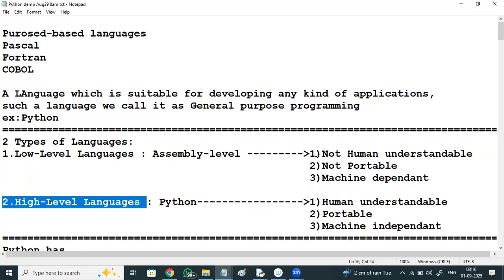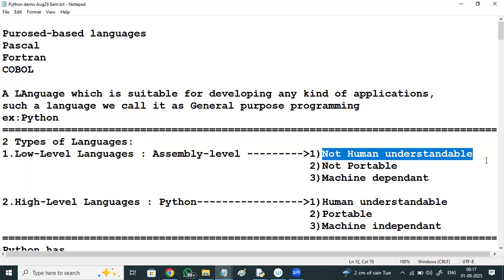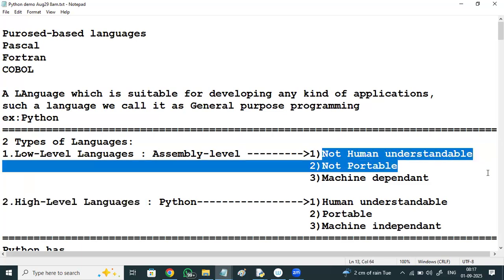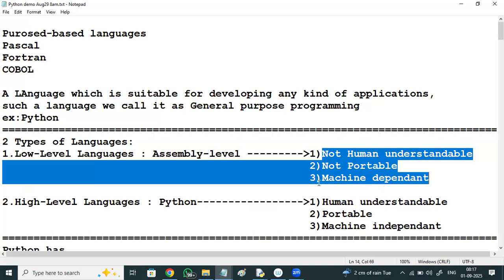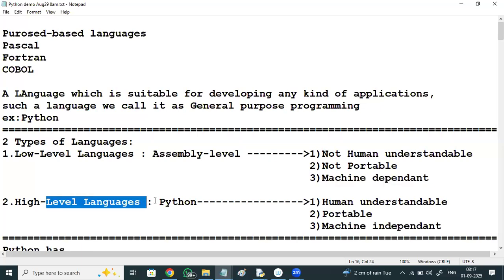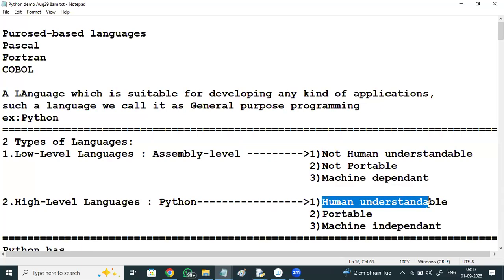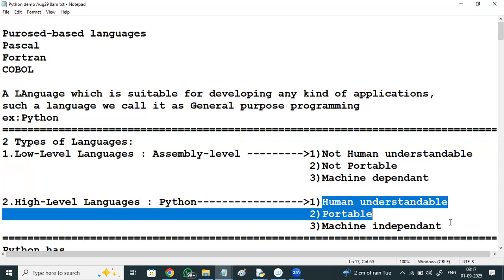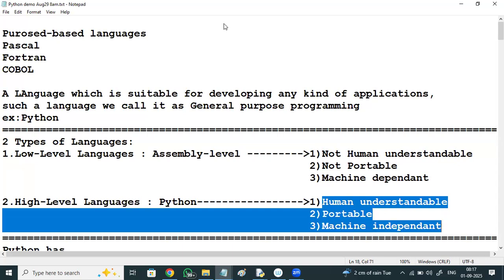Low level languages are not human understandable, not portable, they're machine dependent. They cannot run on all the hardware and all the operating systems. But high level languages like Python are human understandable, portable and machine independent. They can run on all the hardware and all the operating systems.